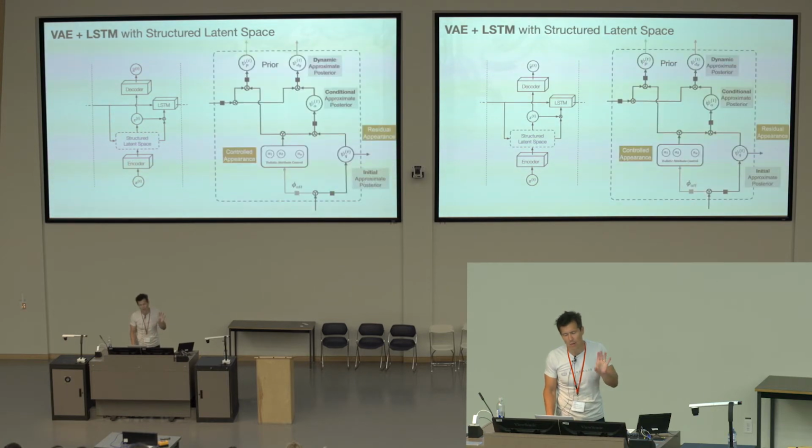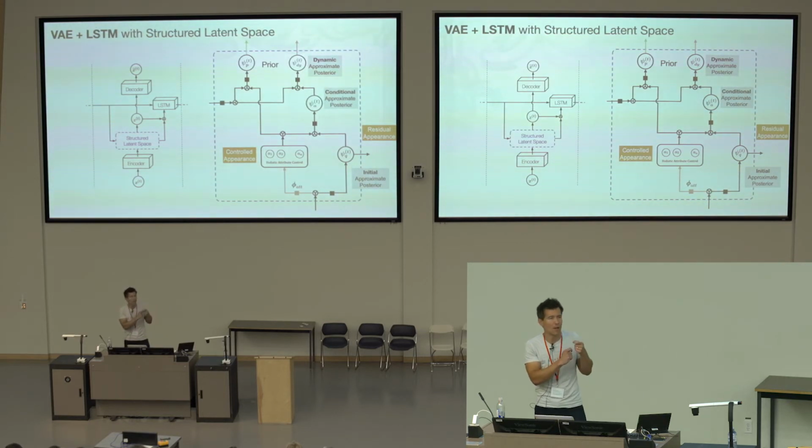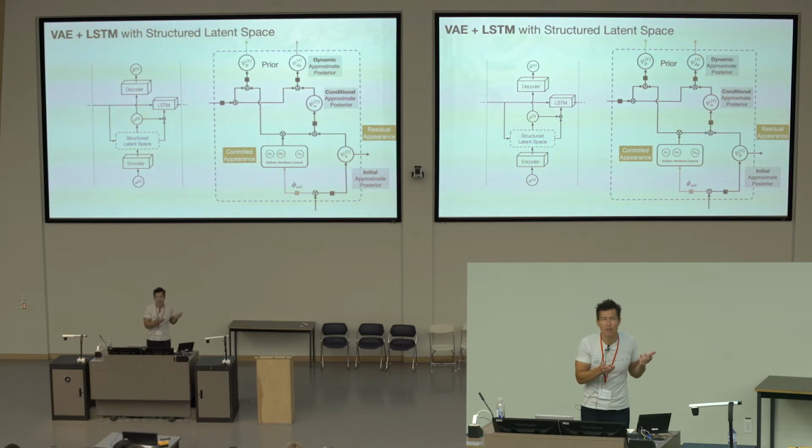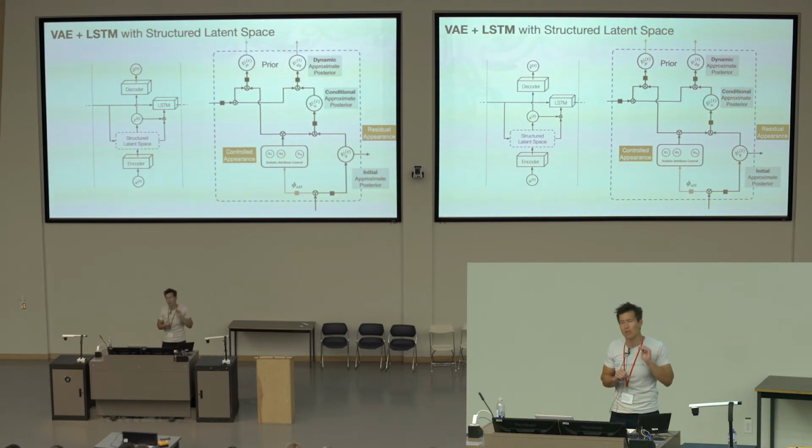To zoom in a little on what this latent space looks like, it allows you to have control variables that say, I want the person at frame t to be walking, or I want the person at frame t to be running. These attribute controls can be either multi-class or single class, and they say there's some property of this frame at this time that I want to control. We built a recurrent structure on top of that, as well as a variational autoencoder that can maintain temporal consistency as well as allow you to have control over the sequences.